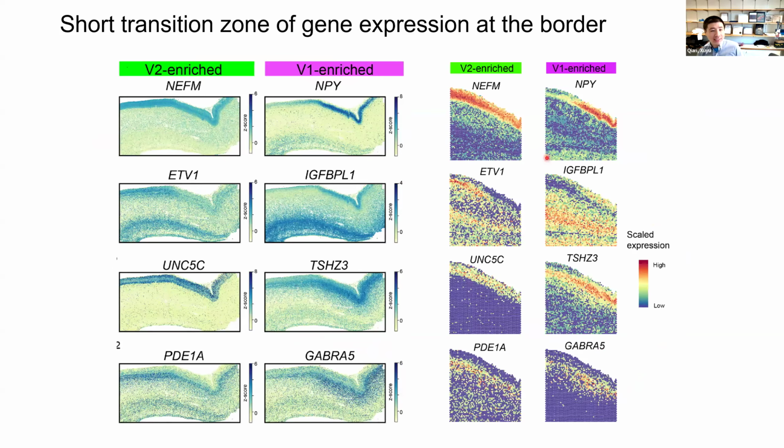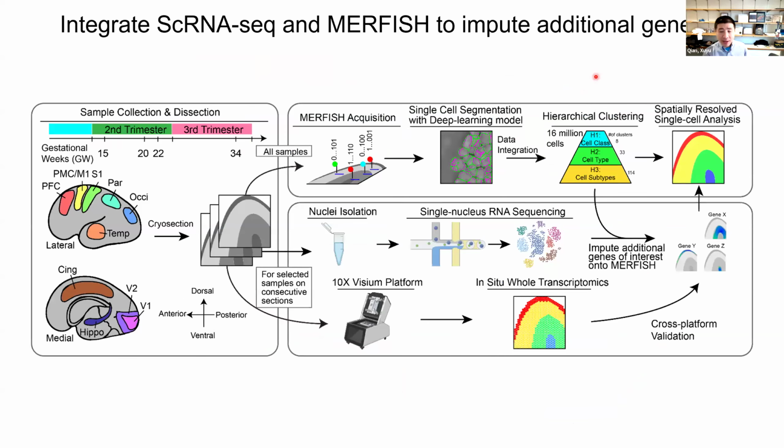So of course, underneath the subtype difference, many genes are differentially expressed between V1 and V2, and many of them are more gradual, but with also noticeable examples such as NPY exhibiting an almost binary switch-like behavior at the border. We can also expand our analysis to genes that are outside our initial MERFISH gene panel by